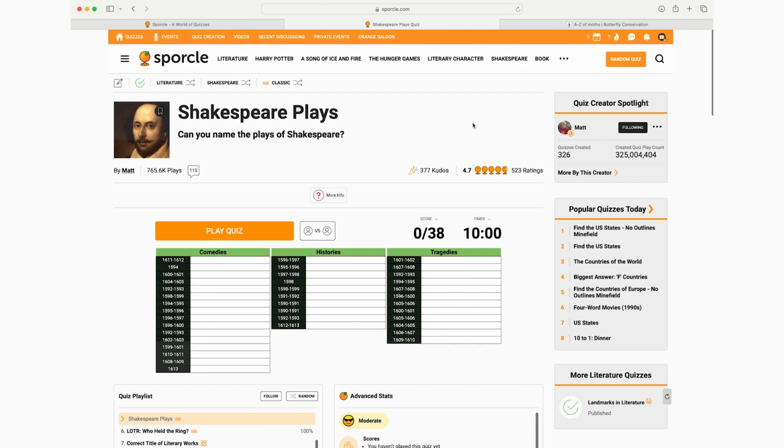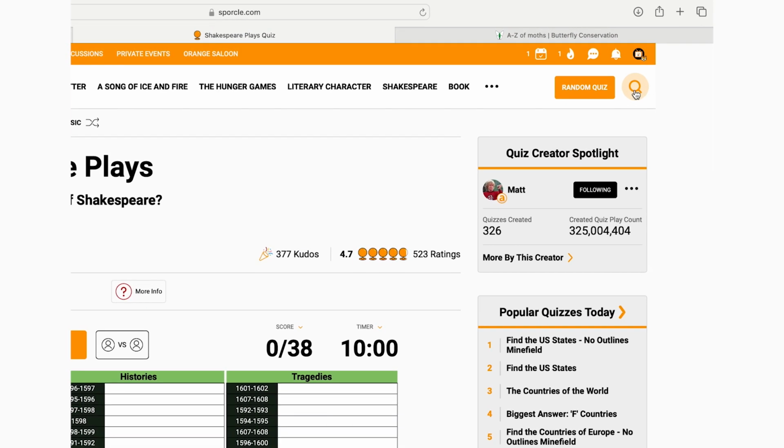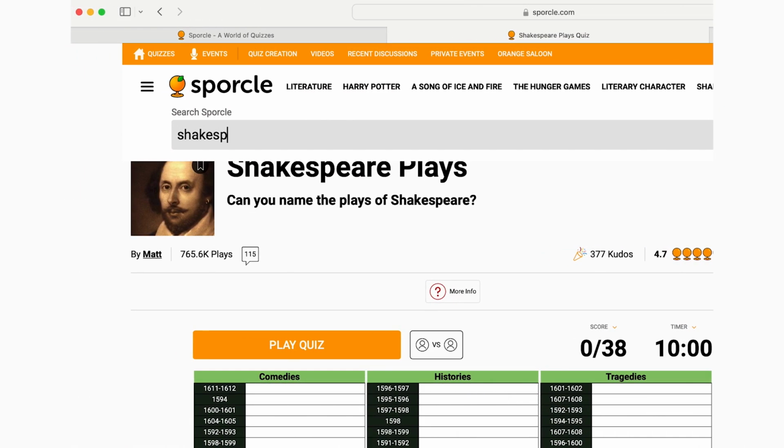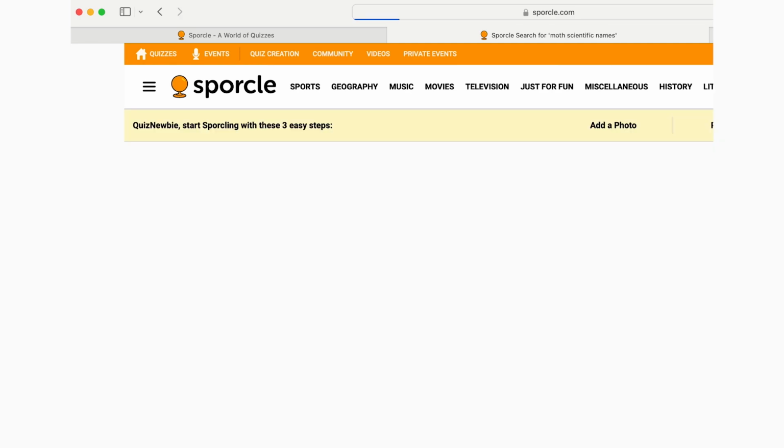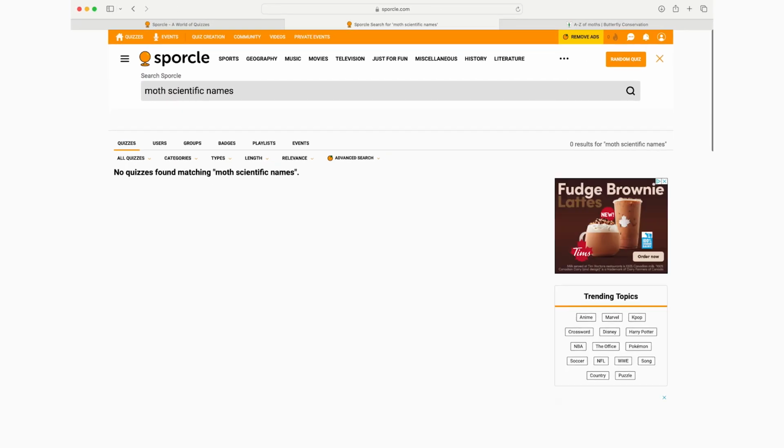If you want to make sure your idea is original, you can always click on this magnifying glass icon and search for keywords, like Shakespeare plays, to see if someone has already made your quiz. So if I want to make a quiz about scientific names of moths, for example, if I search, and we see that there are no quizzes found matching the keywords moth scientific names, we can feel pretty confident that our